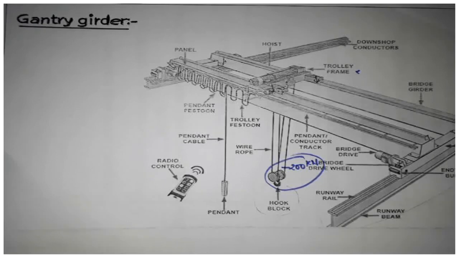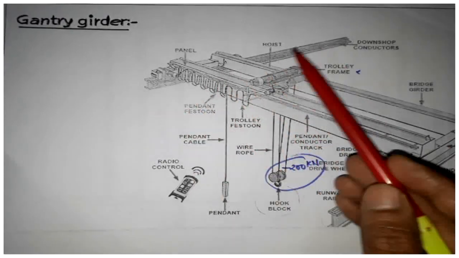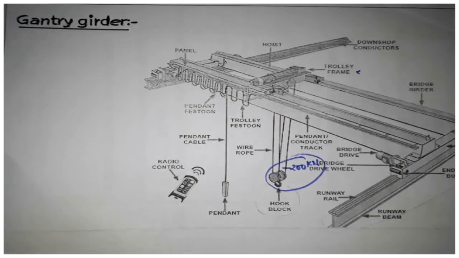If you provide a welded connection or a bolted connection, we are going to discuss the connection part here. As you know, the gantry girder is like a composite section, composed of an I section and a channel section. So we need to provide the connection between the channel section and the I section, because the crane girder will be moving over the gantry girder. So let us start with the connection details over the gantry girder.